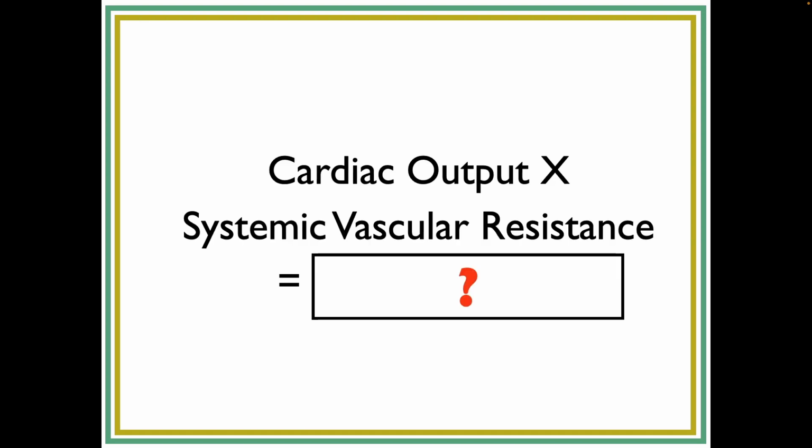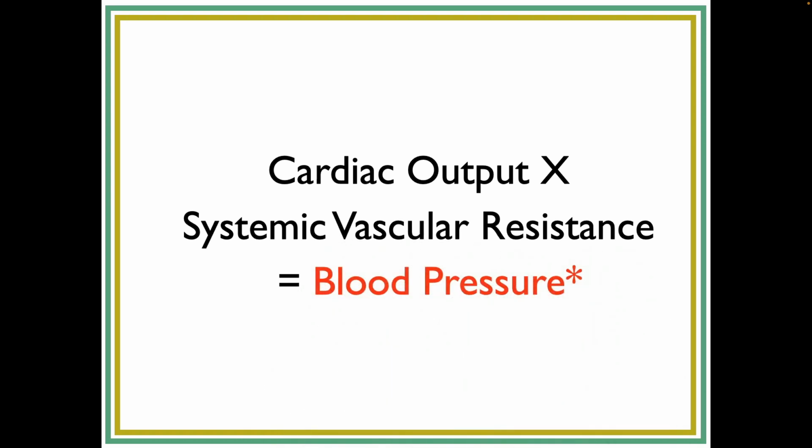Cardiac output times systemic vascular resistance, which is how much the vessels are resisting the forward push of the blood. Anybody know what that gives us? Excellent. And if we want to be really accurate, which for this class we don't have to be, it's actually mean arterial pressure. I think the value of these equations is not that we're going to plug in the numbers, but understanding the relationship